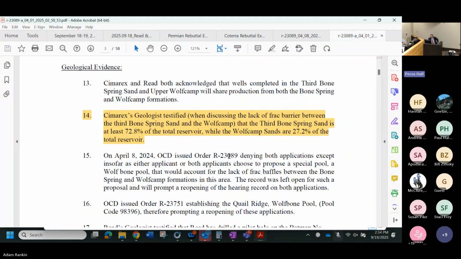hydrocarbons. So the basis of the objection is, first of all, he's asking Mr. Weinkoff, a reservoir engineer, to analyze an order, the scope of the order and what's allowed under the order. He doesn't have the expertise to say that. And as a matter of law, Mr. Rankin's proposition that the record was reopened to challenge that is wrong. And as a matter of fact, no one ever did challenge that. And that was a final order that was never